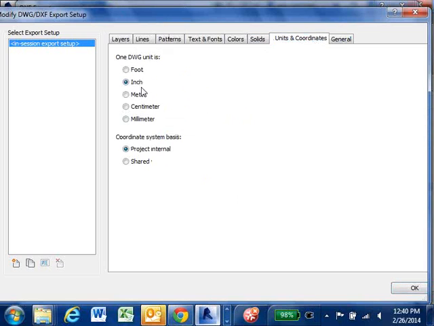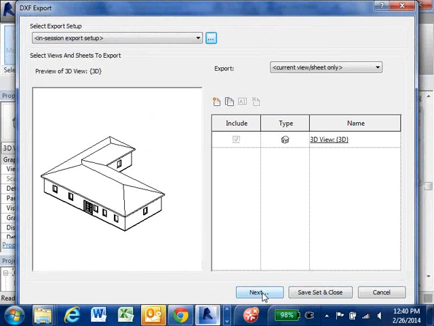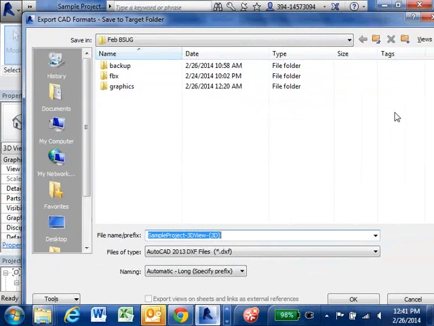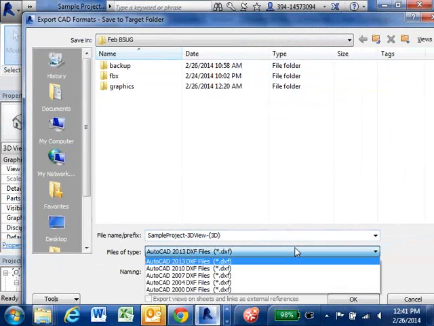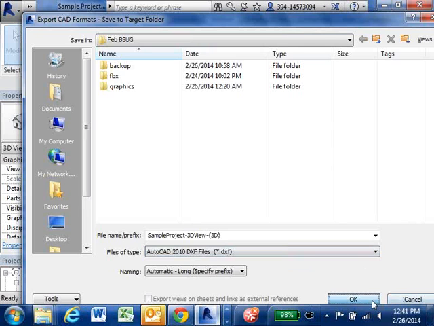I won't show that. And the other thing is the unit. Depending on what you're importing into, like if it's Ecotech and you have it set up in meters or inches, just make sure that is correct, or SketchUp is different as well. And one last thing, it has to be in 2010 version or earlier for SketchUp to import. Not entirely sure the reasoning, but